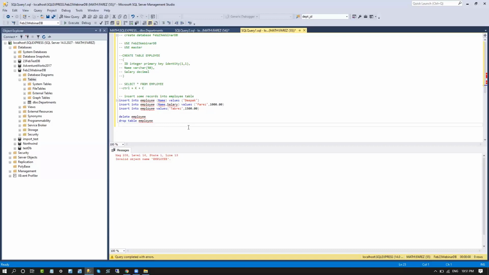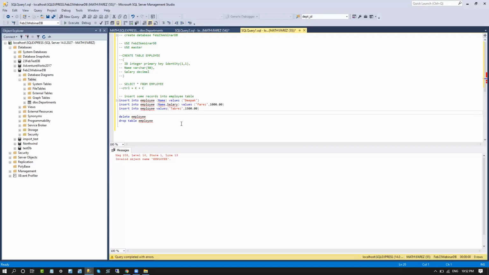But after executing the transaction, when you execute a commit command, then there is no option available to get that table again into the database. That's a very important topic. I will tell you later how to use transaction, rollback, and commit. So these are the two options that you can use to delete the table records and delete that particular table